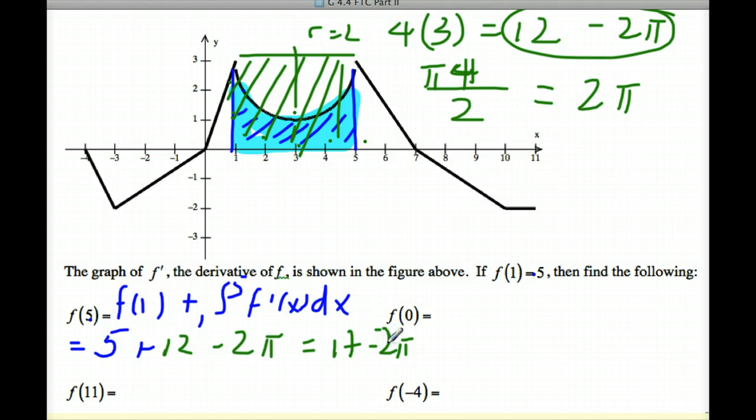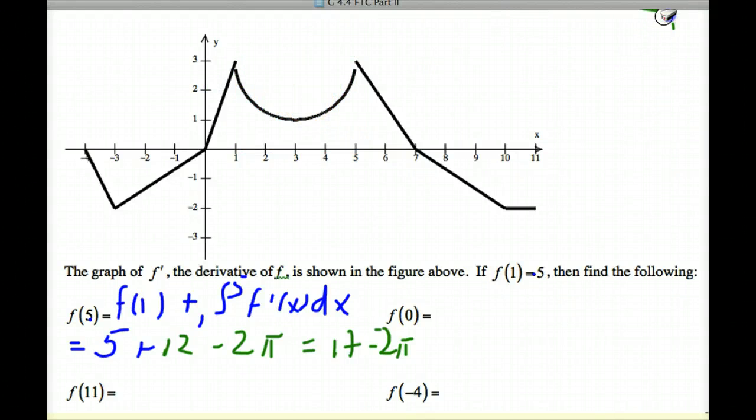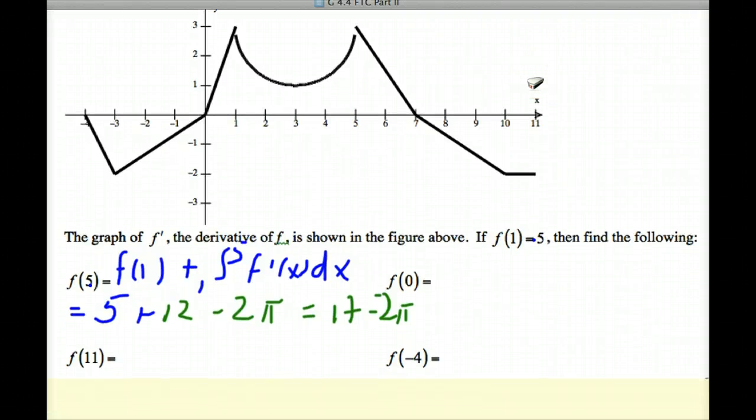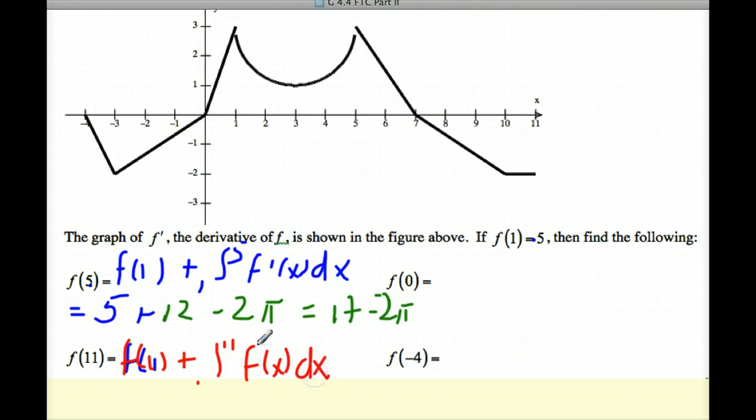So I'm going to clear this out just so we can color the next section. I'm going to clear all of this out right here. The next section says, and let me scroll down just a little bit, f of 11. So what we're going to do is f of 1. Let me use a different color here. Let's use red. F of 1 plus the integral of 1 to 11 of f prime of x dx. So we know f of 1 is equal to 5,